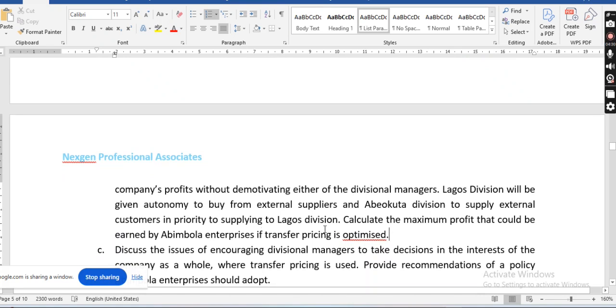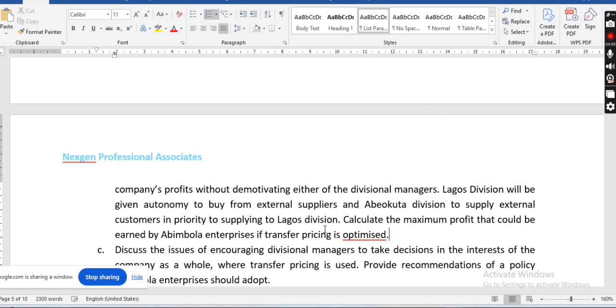So we don't know which of these divisions is the selling division or the buying division, but we know that the head office is giving Lagos division an autonomy. You can go and buy your material outside without considering priority, right? And Abeokuta too will also supply externally